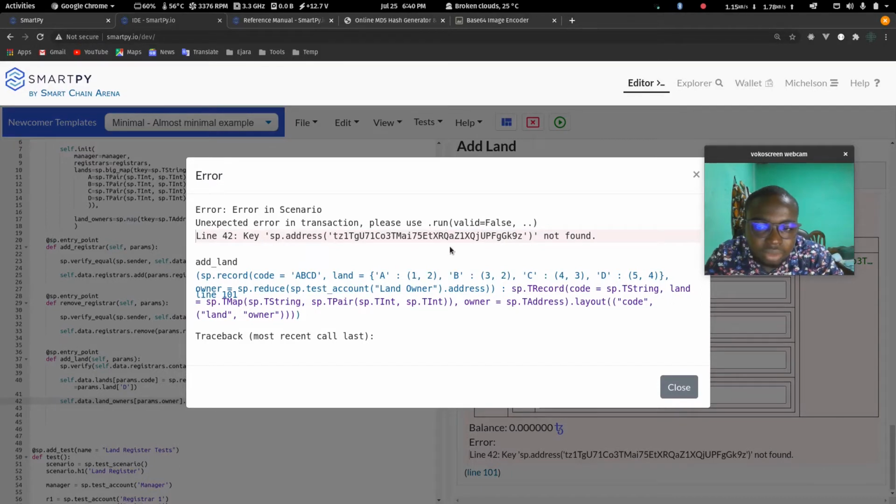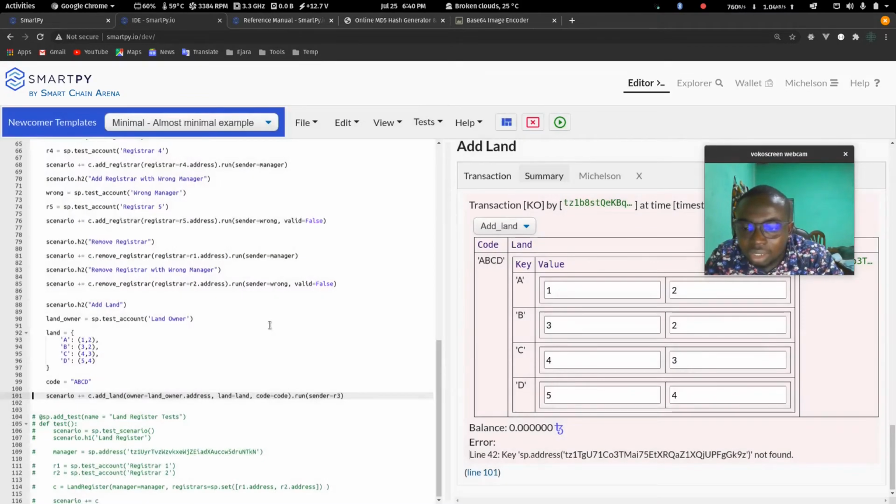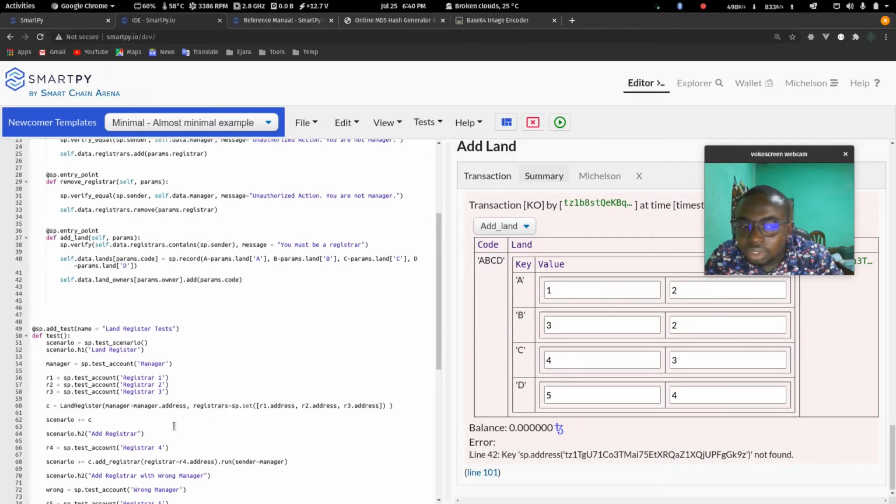sp.address is not found, add land, landowner.address. Oh yeah, so it's complaining because we are trying to access a value in the map which does not exist, and we are trying to, in fact, access that value there. So what we should be doing is